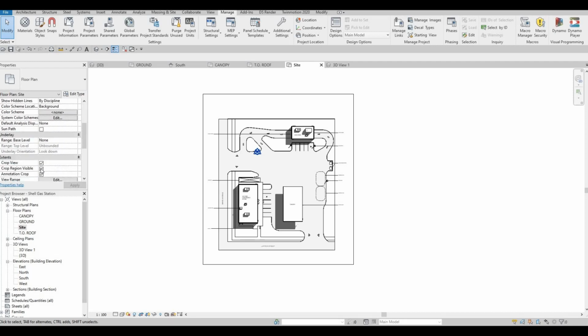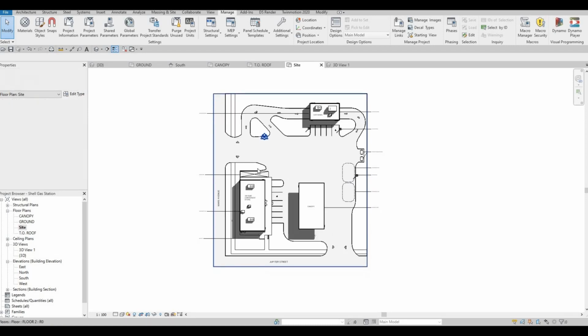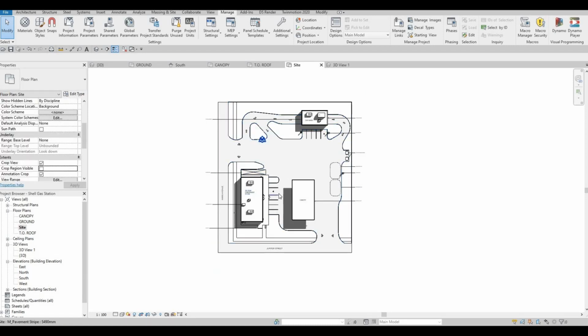Another thing we need to do is just uncheck this, apply, and once we bring this one to the sheet, that's what we're gonna do in the next video: we're gonna create the sheets and place all the views right here. Also, before we finish here, probably going to add,